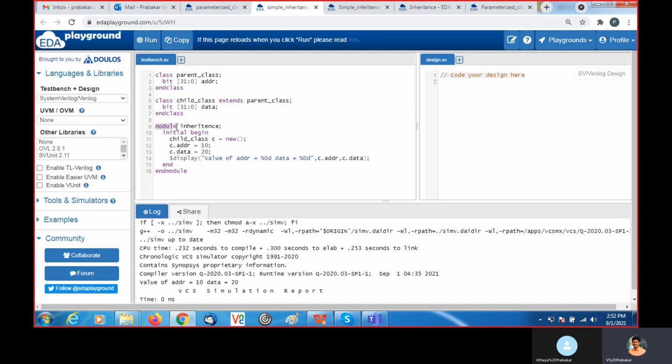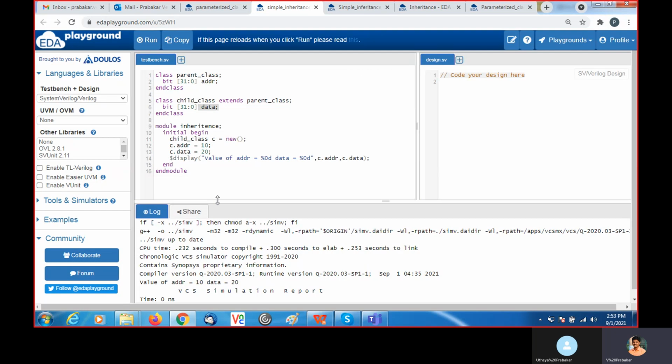In module name inheritance, within the initial block, I instantiate the child class as c, and I create it with function new. Then c.address will automatically be present with the help of the inheritance concept. I assigned c.address as 10 and c.data as 20.